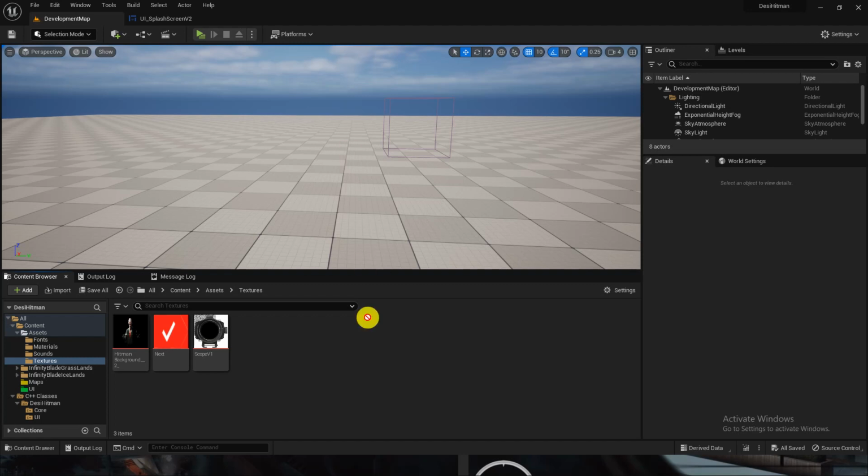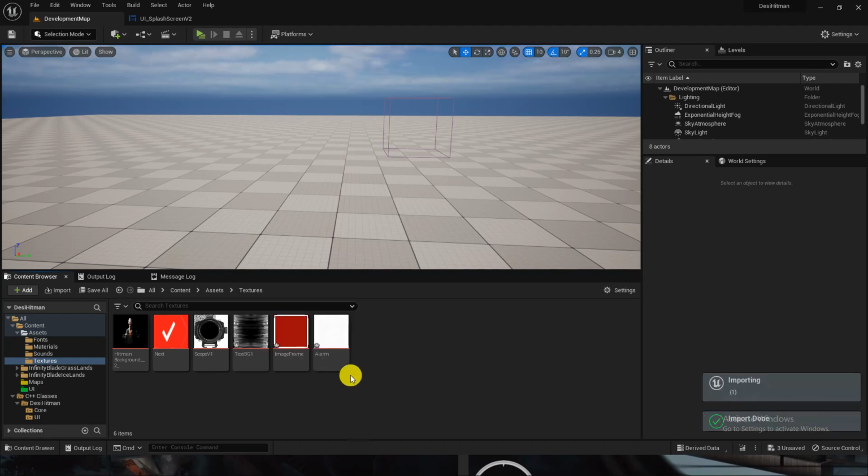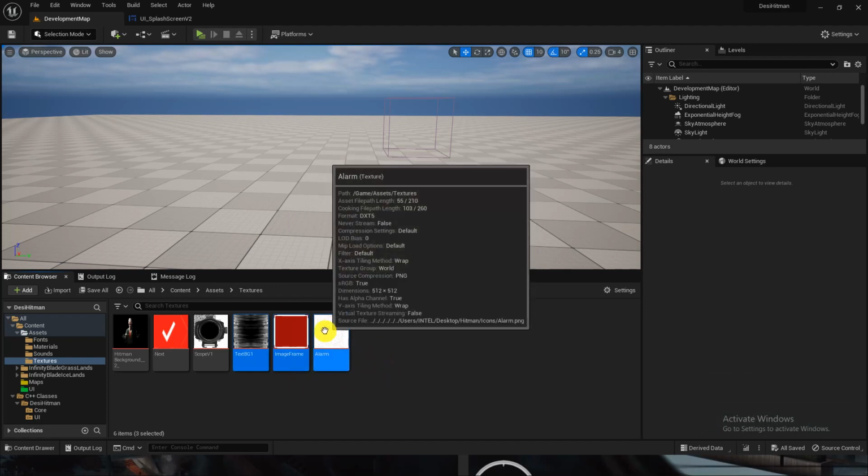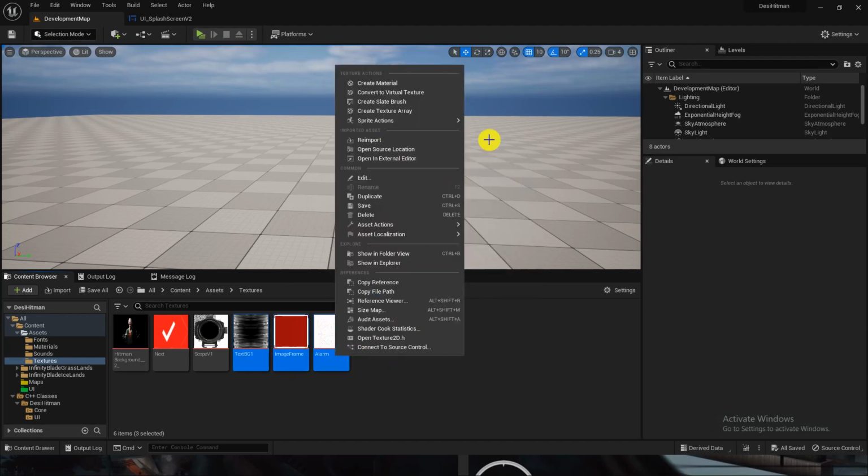Image background. Okay, so these are the three textures which I've added. These are all the references which I am adding. I will be providing the drive link, so you can find them from there. So right click, go to the asset,